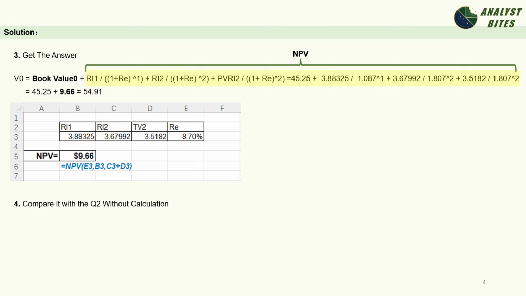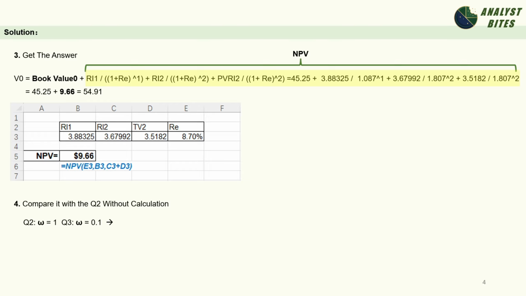Imagine you are in the exam hall. You're running out of time. Let's say you just calculated the value for the constant RI scenario in the previous question. Now the next question asks about a persistence factor of 0.1. Do you really need to calculate everything again to know if the value is higher or lower? No, you can use your intuition. Think back to our analogy. Constant RI means the persistence factor is 1.